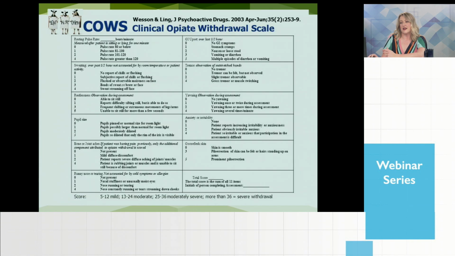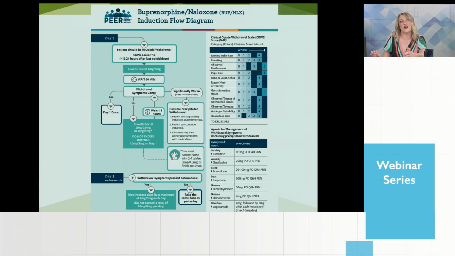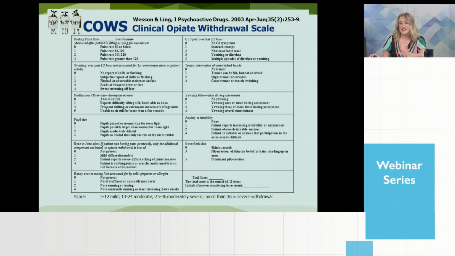And I'm just going to flip to the next slide, because this is what one version of that looks like. If I go to the following slide, you'll just see up in the top right corner, that's how Peer's version of the COWS score is going to appear on that one pager. So going back to this, you'll see that there's some subjective things, there's some objective things. And sometimes there's this misconception that, well, this will take a really long time. I'll have to see the patient and do this big assessment and decide.